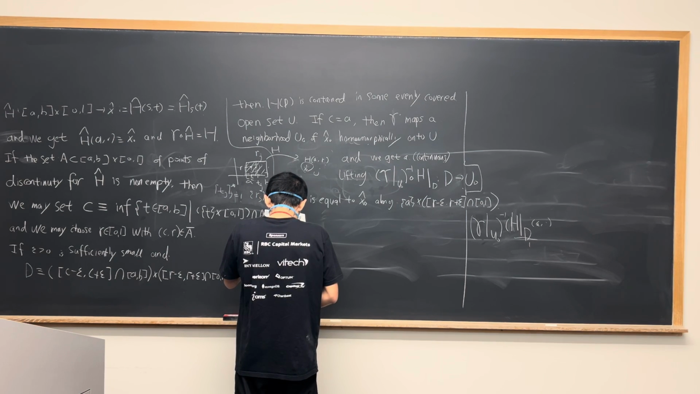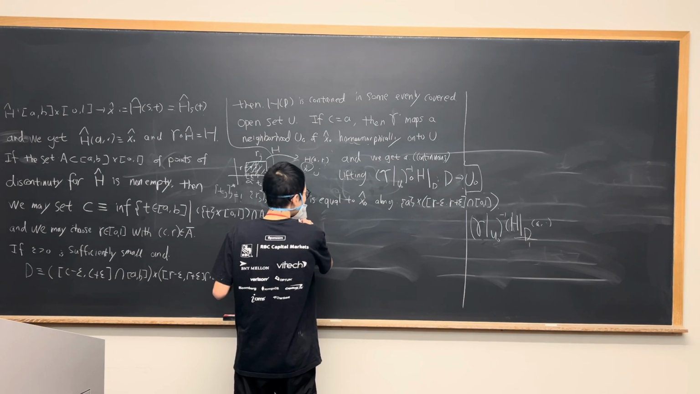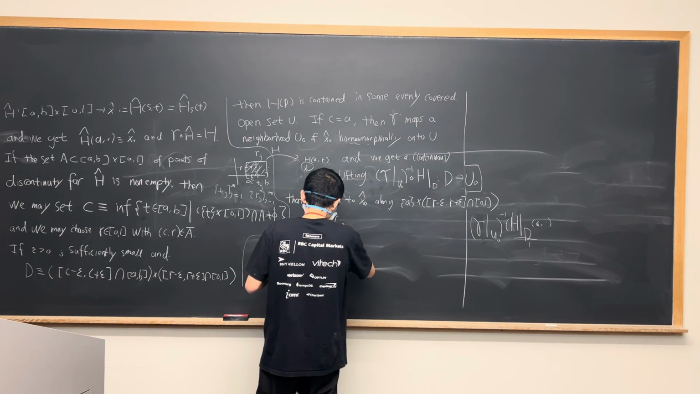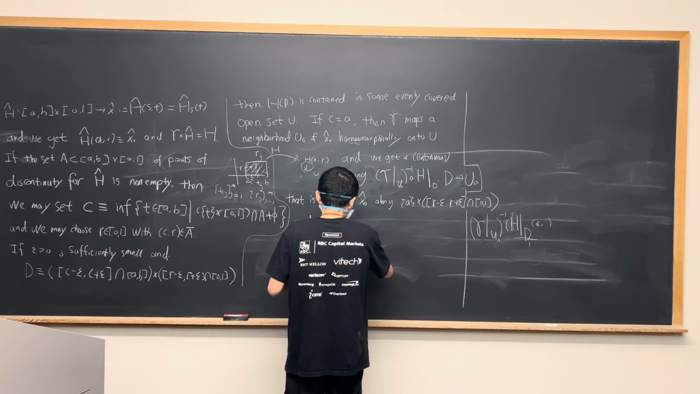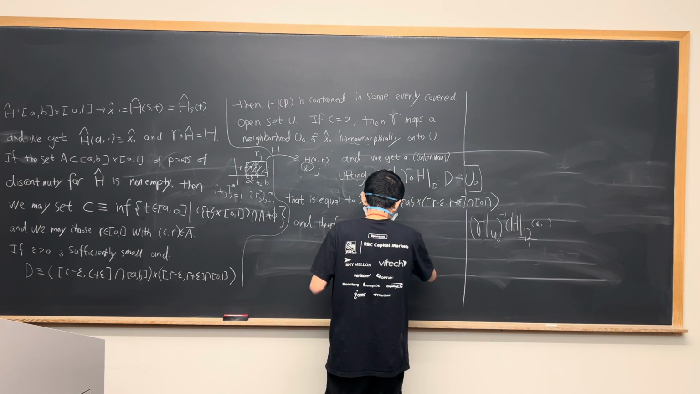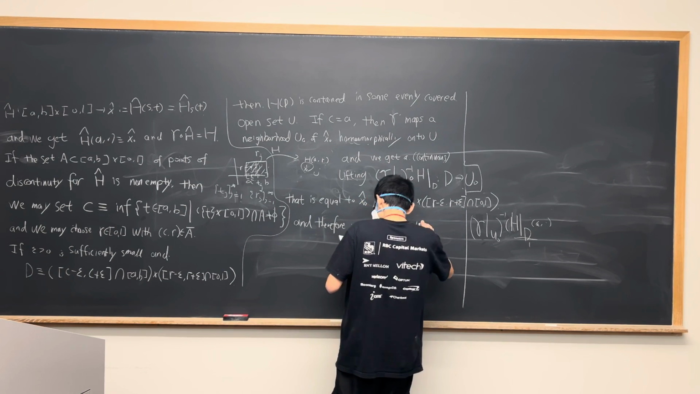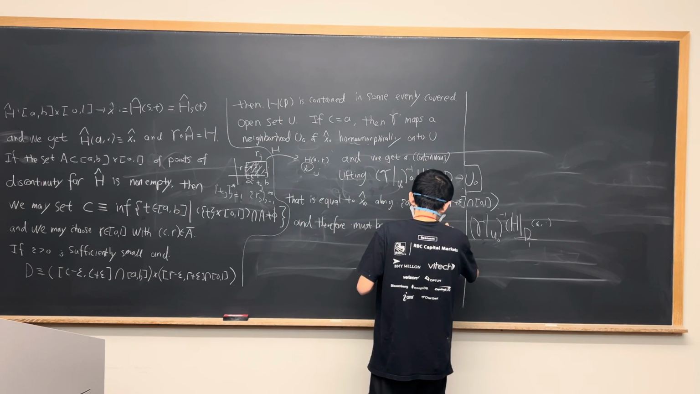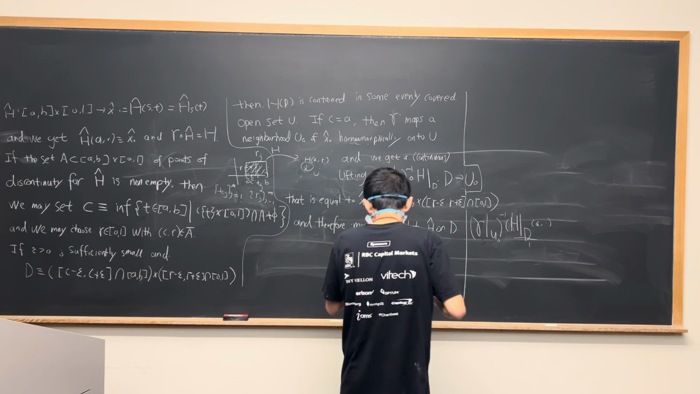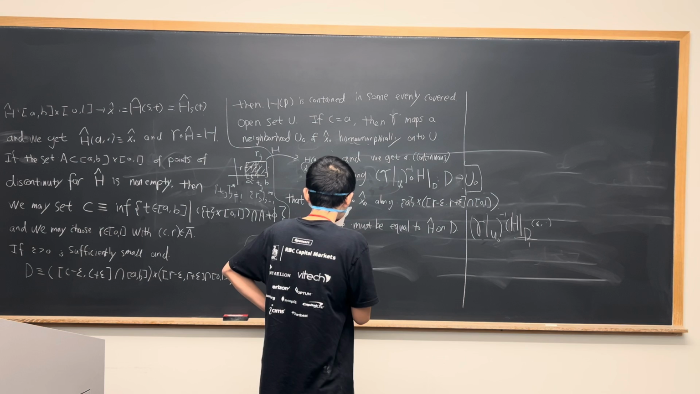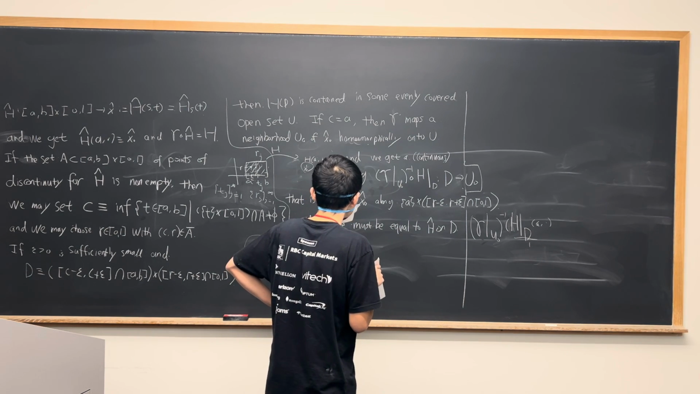Then what's next? Okay, and therefore it must be equal to h naught hat on b. Okay, so y is equal to h naught hat on b because